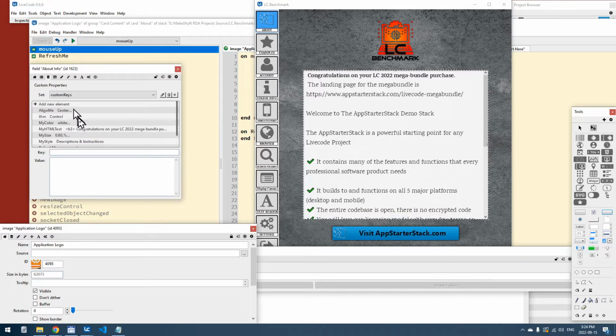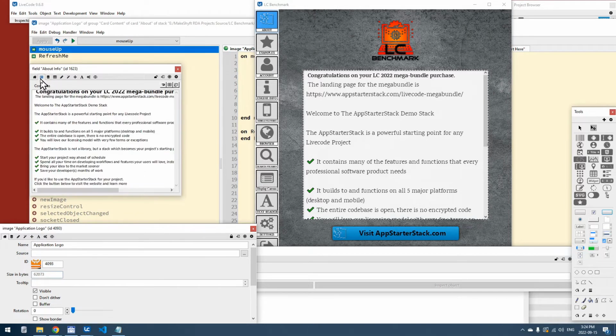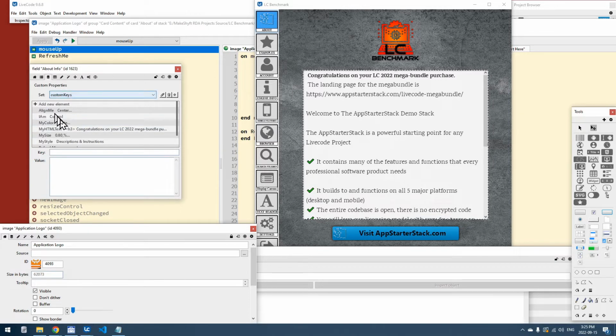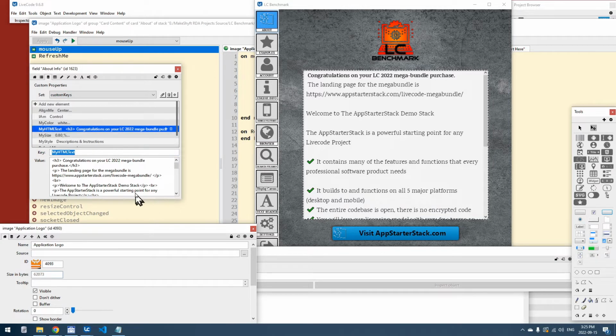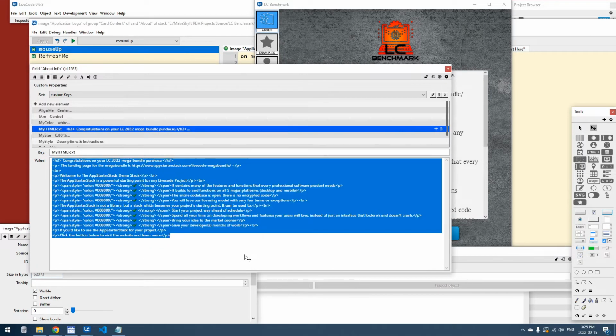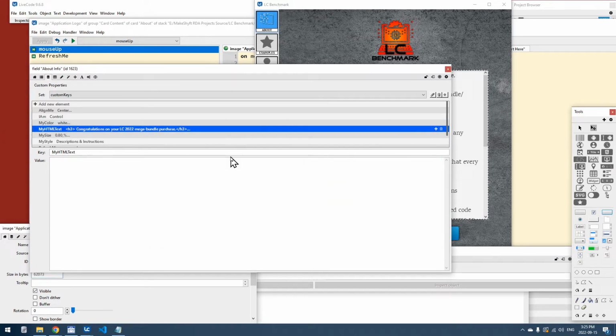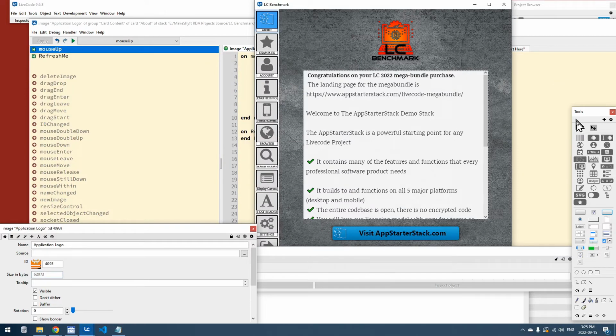And now also, let's change some of the text here. To do this, we don't go to the content because this gets updated using code. So we go to the custom properties, we can expand this window, delete it and say welcome to LC Benchmark. So we'll leave that this way for now. And then when we leave and come back,